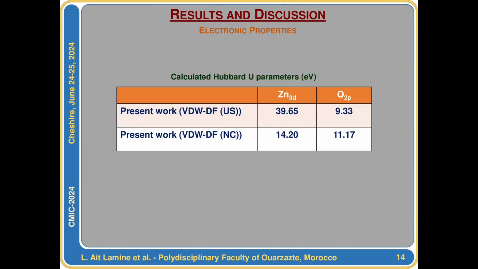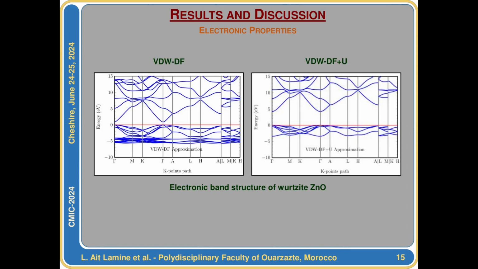So we have calculated Hubbard U parameters for 3d orbitals of zinc atom and 2p orbitals of oxygen atom, and here are the calculated Hubbard parameters considering two types of pseudopotentials of the same functional. We use these Hubbard parameters, and here is the electronic band structure that was recalculated, taking into account the values